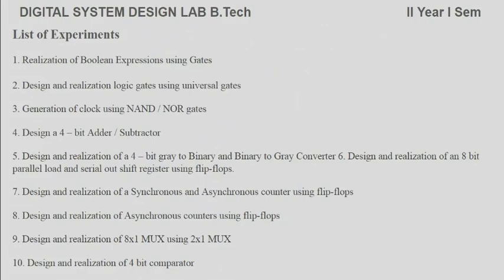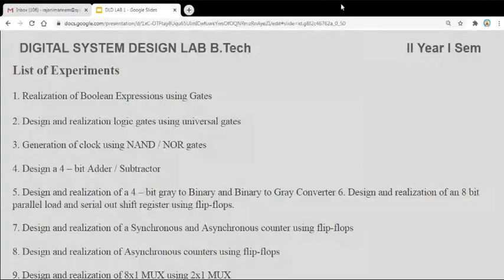To do this experiment, we should have some idea about gates. What is meant by a gate? What are the basic gates? How can we execute the gates? So our first experiment is to do verification of certain gates by using their truth tables, which is done using a virtual laboratory. To do that, let me go to a new window.